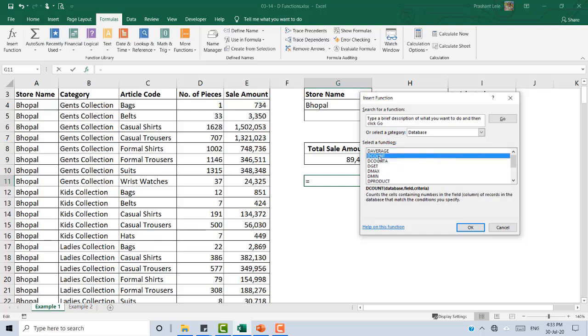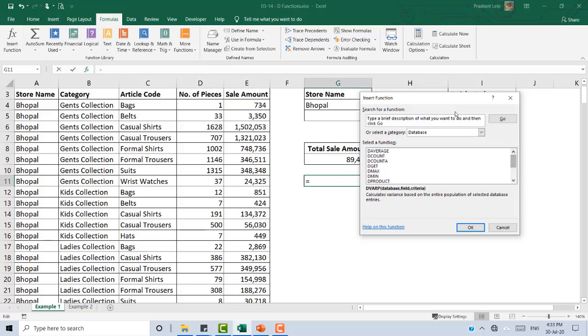Count only counts numbers, and COUNTA counts everything: numbers, text, errors, everything. Then DGET, DMAX, DMIN, DPRODUCT, DSTDEV, this is all statistical. Then DSUM is there, our favorite. Then DVAR, P means for population. So all these functions are available.